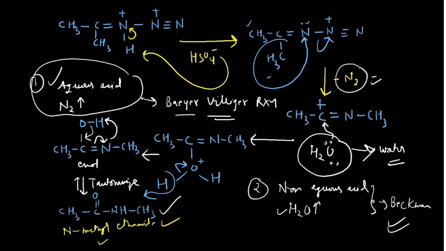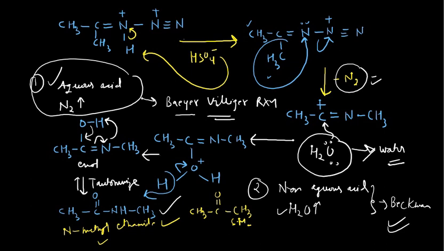So this is something very, very important to note, that whenever you have been given concentrated sulfuric acid, aqueous acid, in that case N-substituted amides will form via the Baeyer-Villiger type of reaction, and you will remove the nitrogen. Okay. And one more important thing you see here, what had happened in that case. See this NH group, if you focus on the starting material, because you started this reaction with the ketone. If you write the ketone, it is CH3, C double bond O, CH3. Okay, this was your starting material, SM.